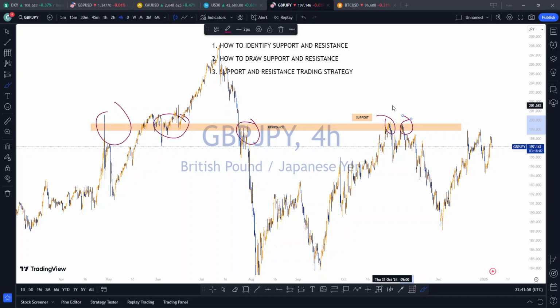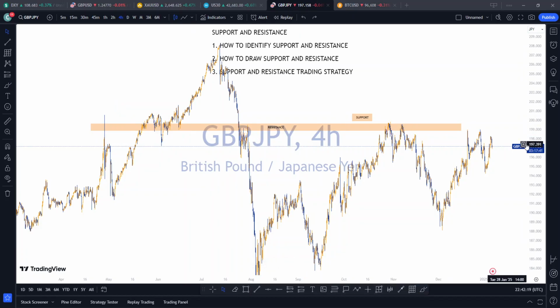So when we see a breakout there, I would rather you look for a retest, to solidify that it's not a false breakout, it has actually broken out of the resistance zone. That is why confirmation is always needed when you are trading. So this is a really good example of